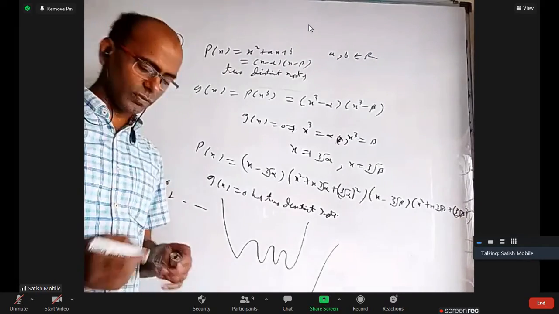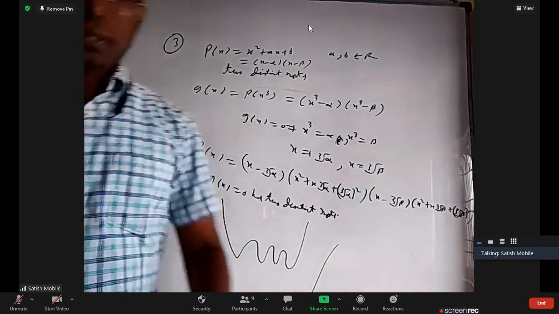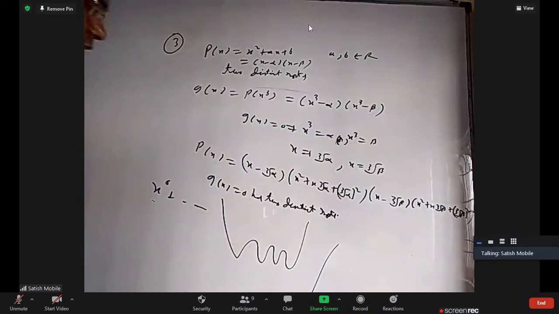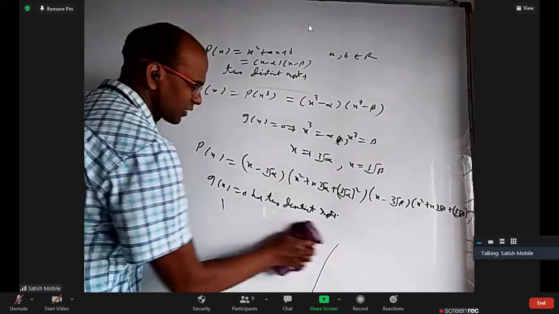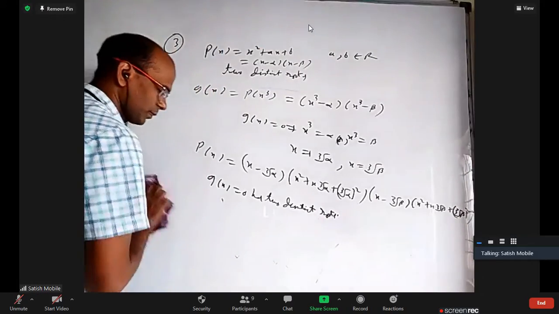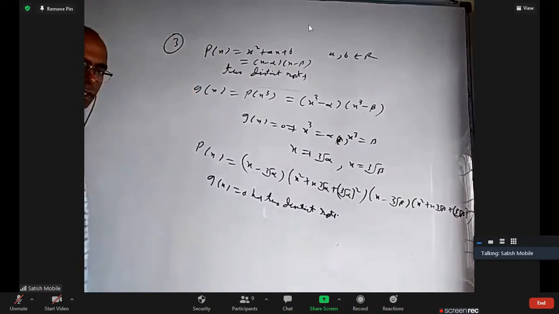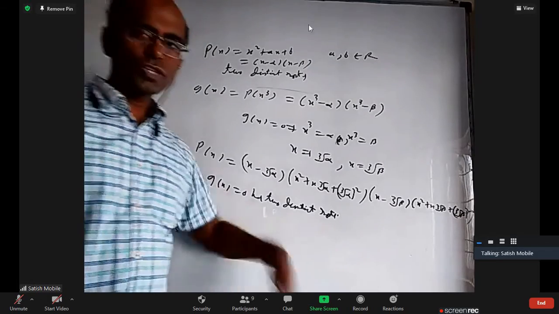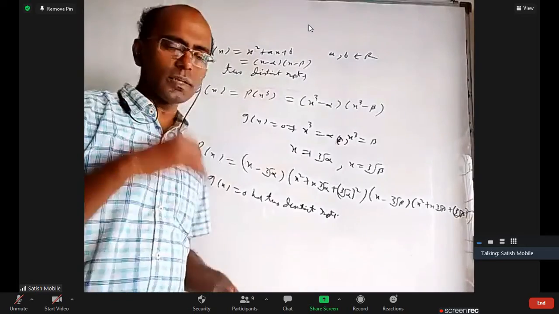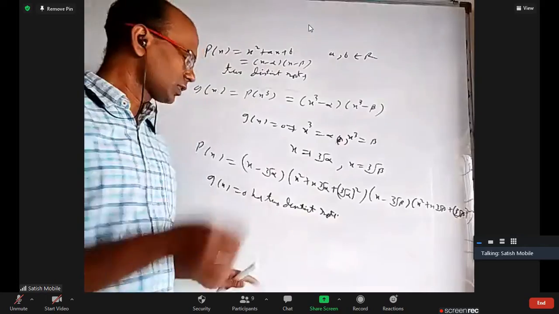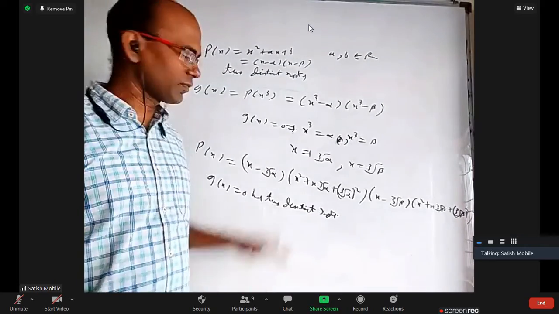If you take any cubic equation, 5th degree equation, 7th degree equation, 9th degree equation, they will not have a minimum value. Their range is definitely all real numbers. But whenever you take even degree, if leading coefficient is positive, maximum will be infinity, minimum will be there. If leading coefficient is negative, the graph will be like this. It will have minimum minus infinity, there will be a maximum.